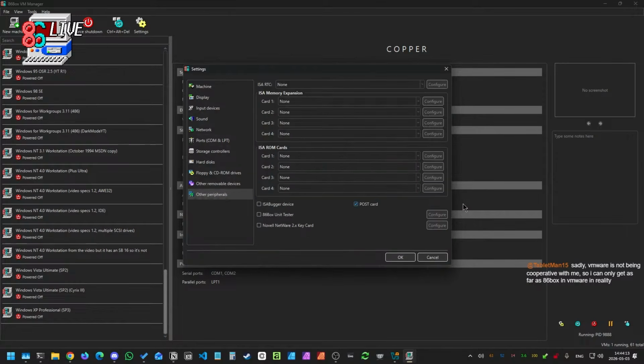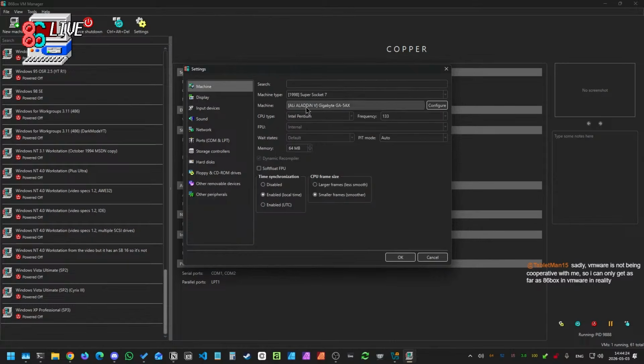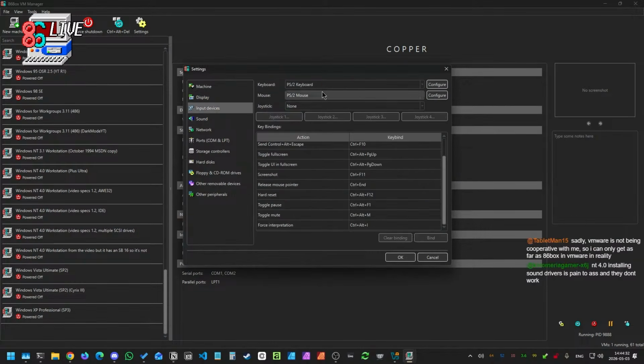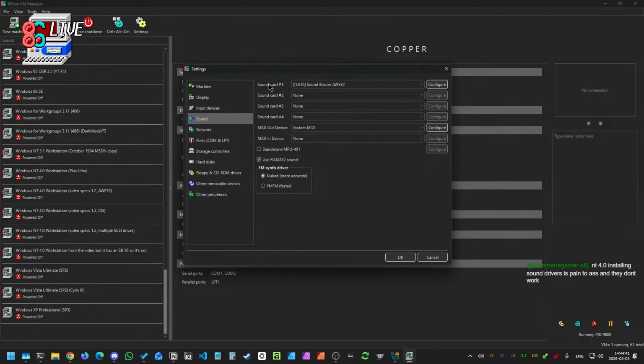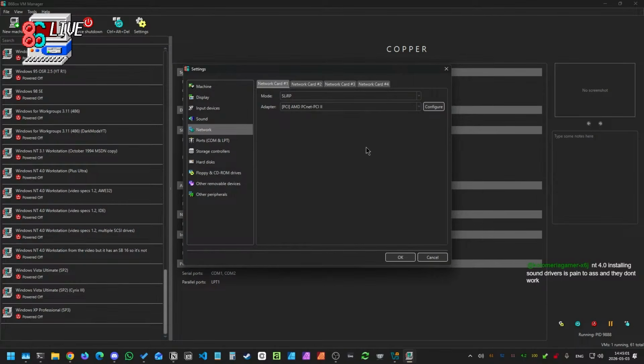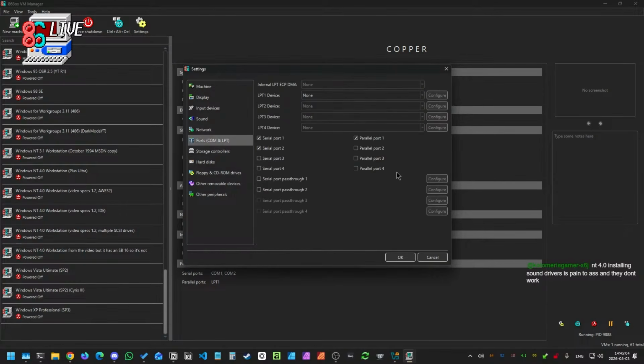But all right, let's go through a quick recap of the specs. Postcard is on just by default. Super Socket 7 board, GA-5AX, 133 MHz Pentium, 64 megs of RAM, Diamond Viper V330? no, Diamond Stealth 64 VRAM, 4 megabytes of VRAM, PS2 keyboard and mouse with 2 buttons. We're gonna go over the sound drivers. There's a reason I picked the AWE32. I think the drivers are actually built in. They work with both the Sound Blaster 16 and the AWE32. Sound Blaster AWE32, default settings, memory size is 2 megabytes, system MIDI, network card is the AMD PCNet PCI 2,